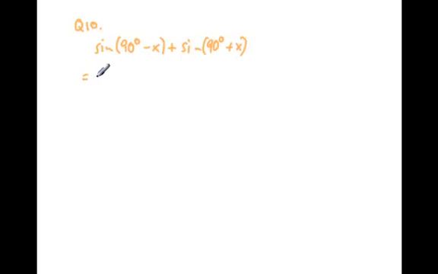One of them is that sine 90 degrees minus x is the same as sine 90 degrees times cosine x minus cosine 90 degrees sine x, and the other one is plus sine 90 degrees cosine x plus